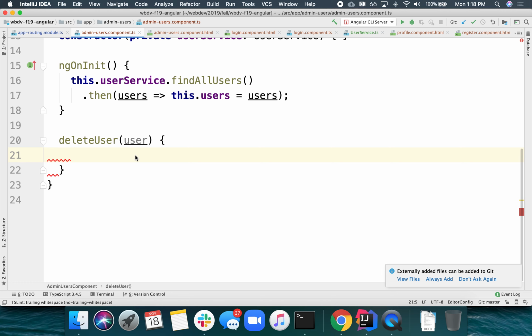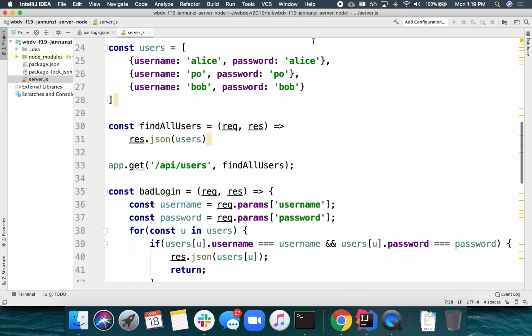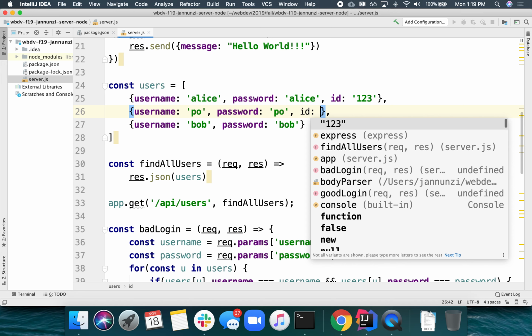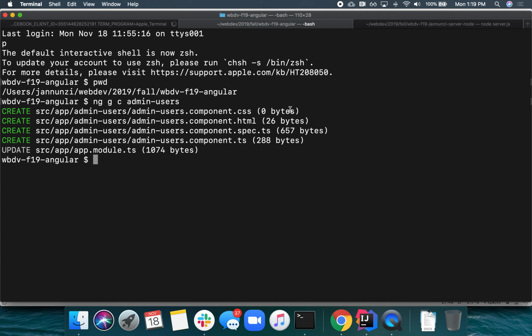Ideally, we would have the ID, right? Actually, let's go back to our server, and our user array should have IDs, really, right? So this would be ID, and this could be 1, 2, 3, and this ID could be 2, 3, 4, and this ID could be 3, 4, 5. So now, if we restart the server,